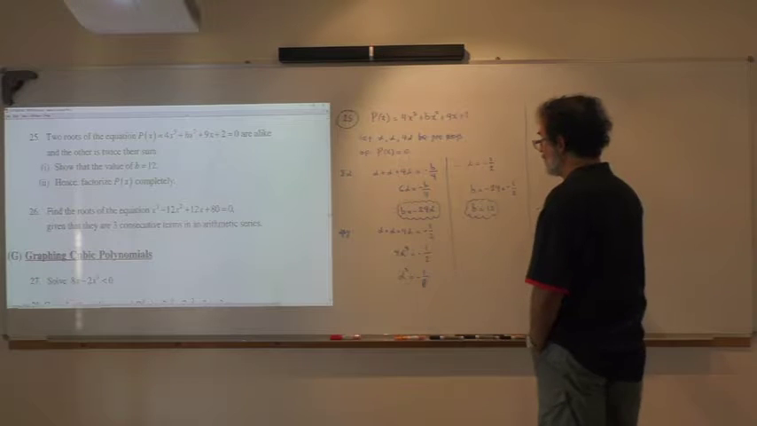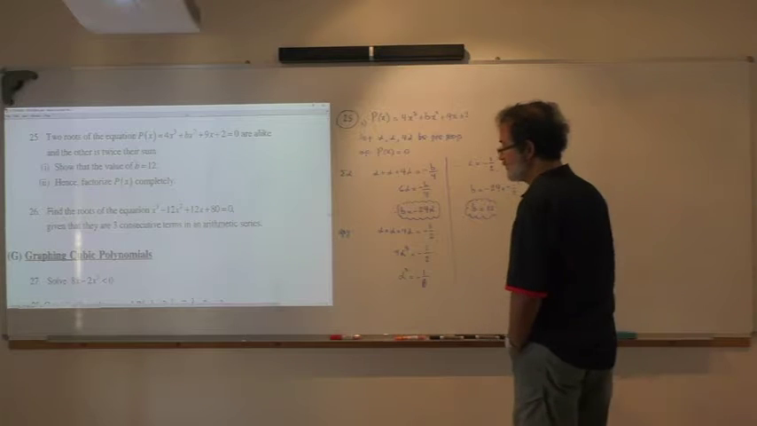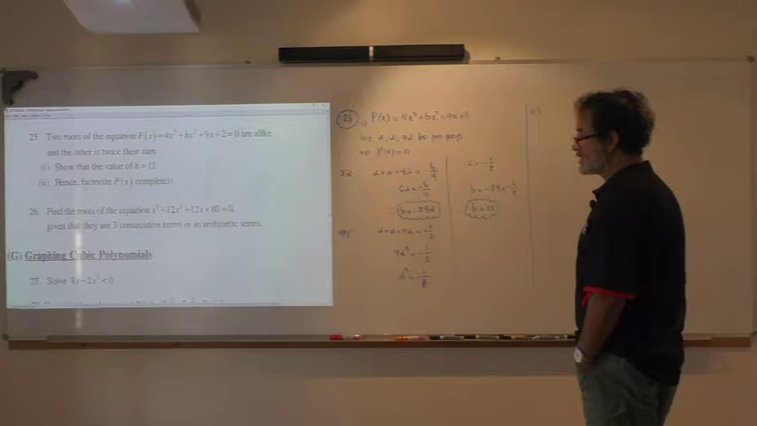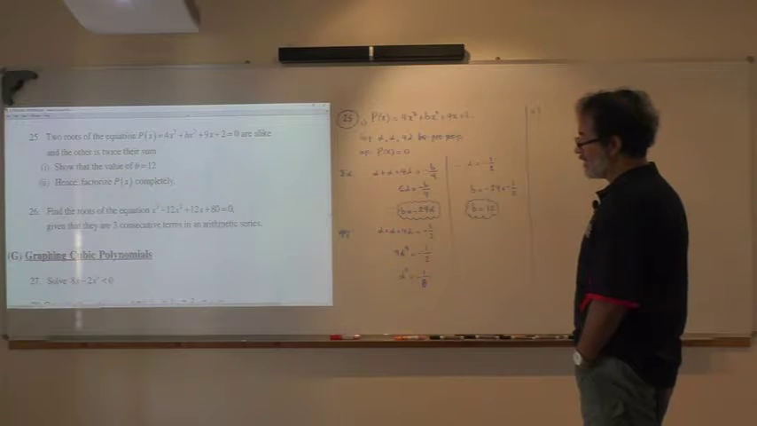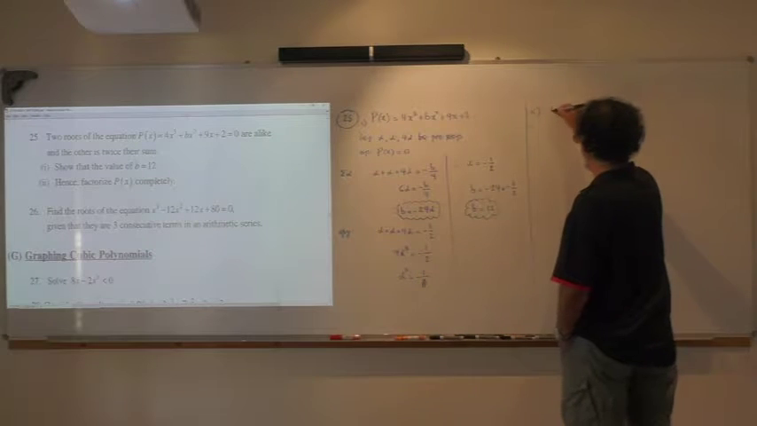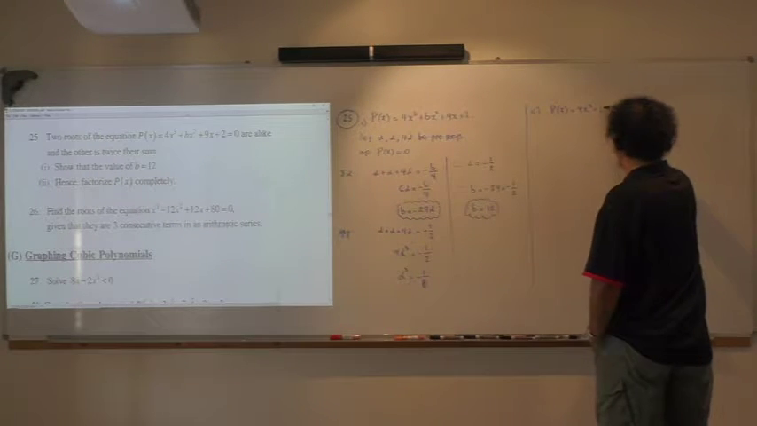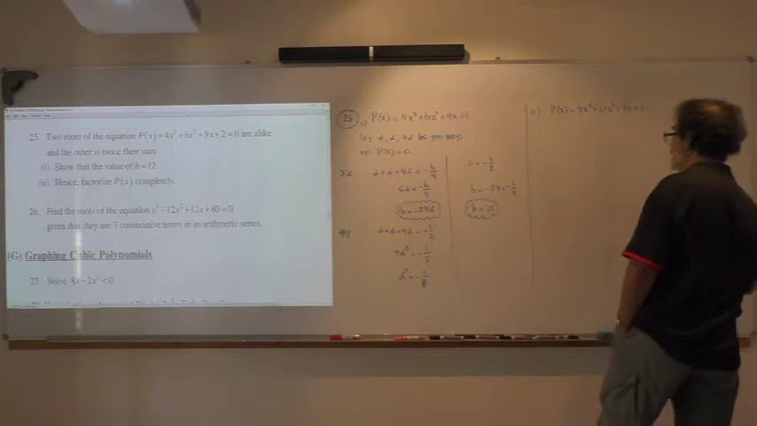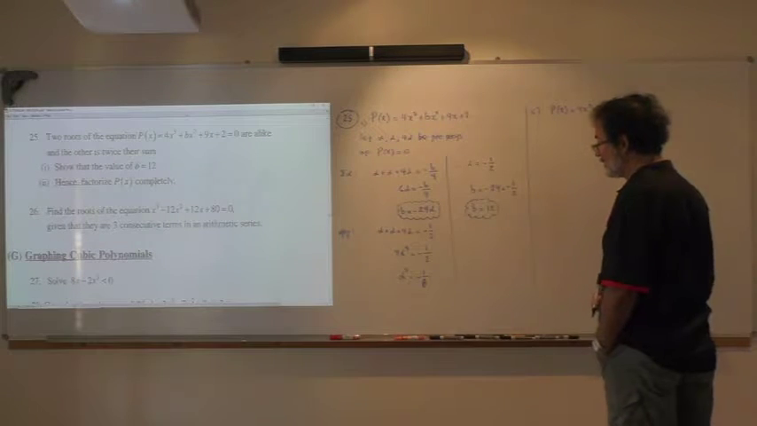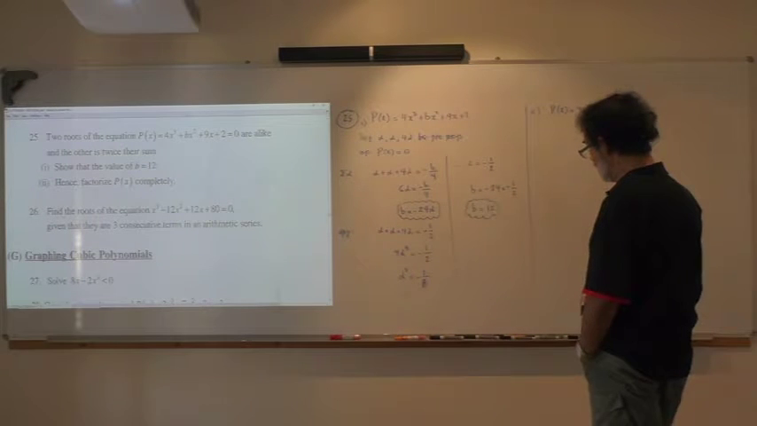That was part I, and for the second part they say hence factorize p of x completely. So far we have that p of x is equal to 4x cubed plus 12x squared plus 9x plus 2. If we are going to factorize it, we can do it in many different ways, but we already know that the roots are